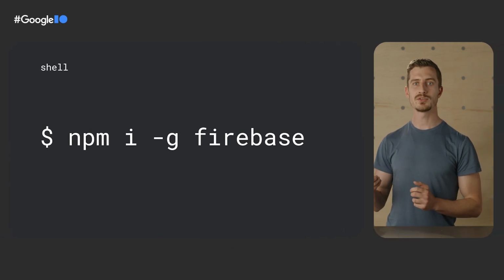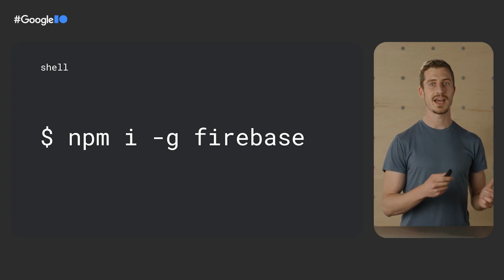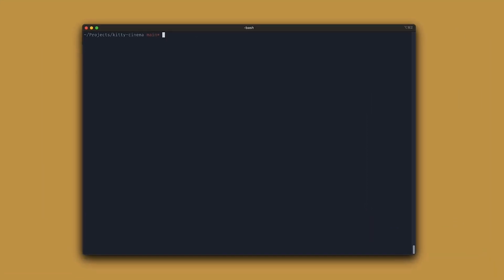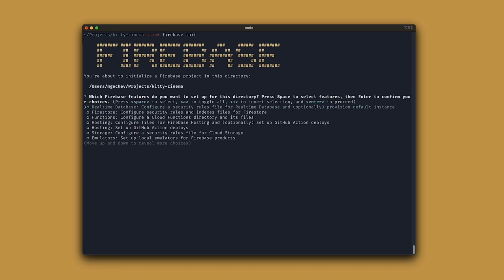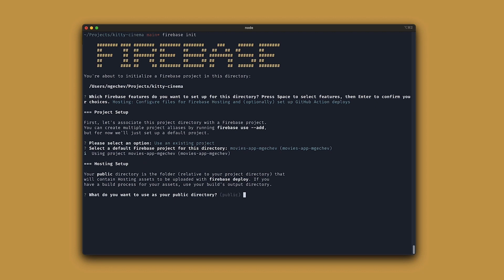First, we can use the Firebase Node.js command line tools. We can install them by using npm globally, running npm i -g firebase. After that, we can go to the Angular CLI workspace directory and initialize a Firebase project. We can run firebase init. After that, choose to configure Firebase hosting. Select the project you want to deploy, specify a public directory. In this case, the Angular CLI uses the output directory dist/movies/browser.